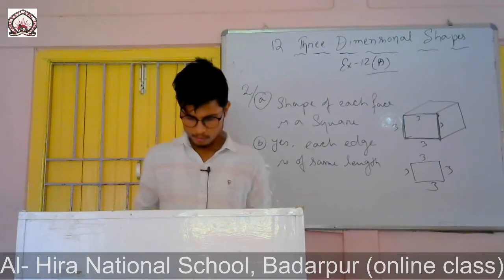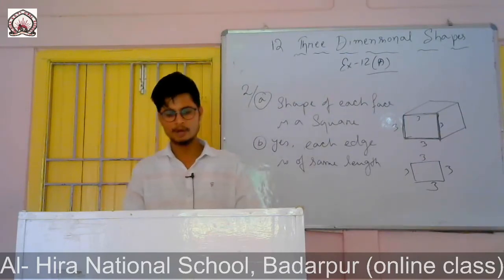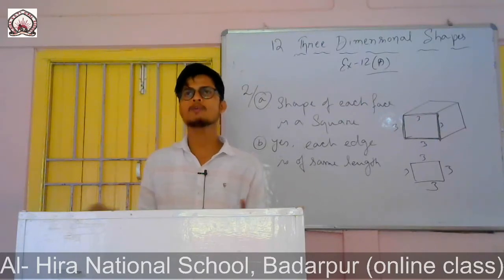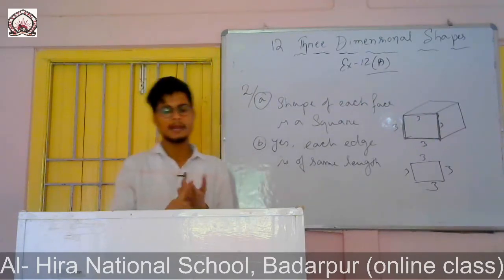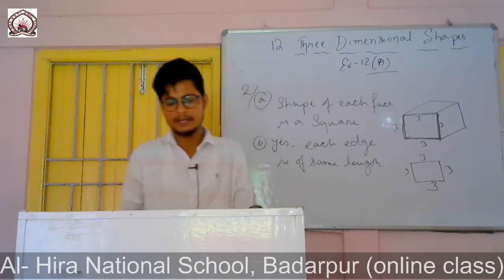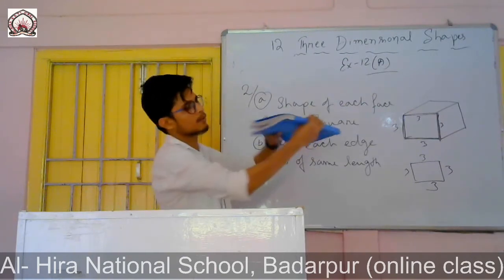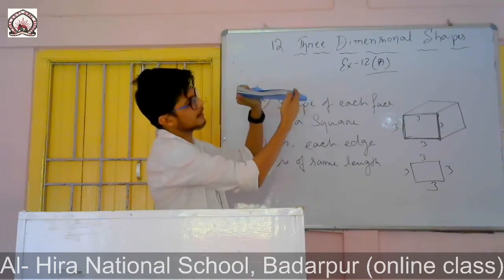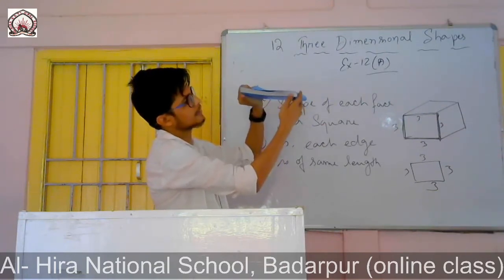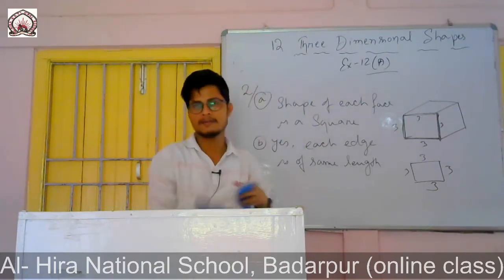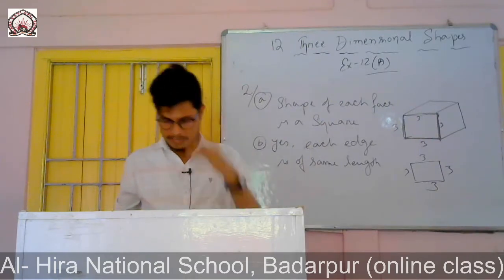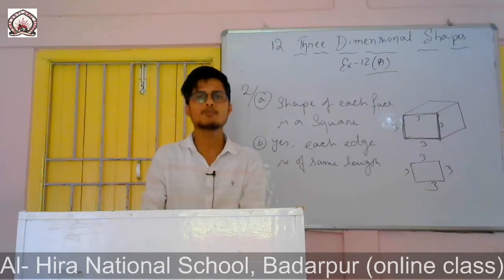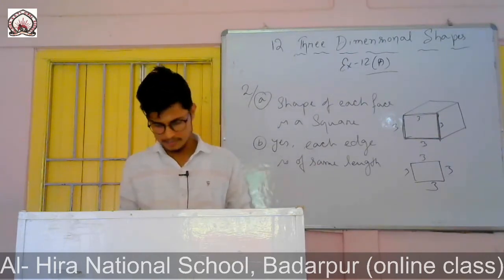So now question number 3, is your maths book shaped like a cube? So cube means that it should have same length, breadth and height. But if you see our maths book, this length and this one, they are different. The height is different from the length. Okay, that means they are not same. So our maths book is a shape of cuboid, not cube. That means answer will be no.